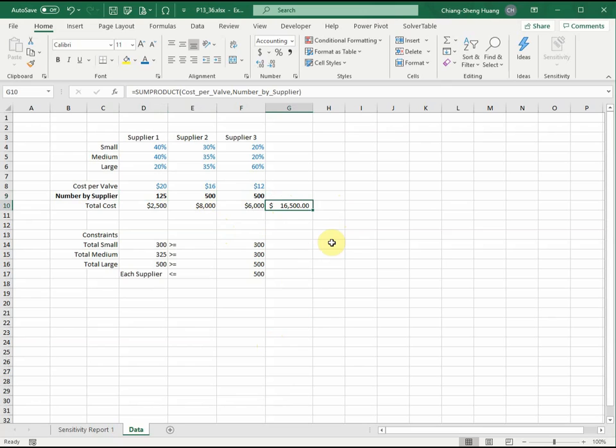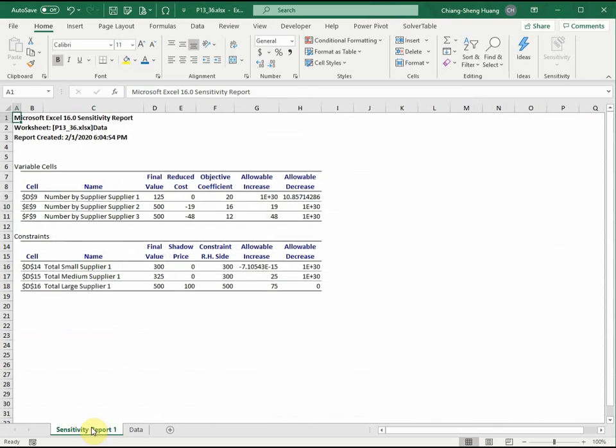So the first part, remember, was to set up the model. So the model was set up on a spreadsheet. The second part was to optimize it. So basically, I just have to fill out the dialog box of solver correctly. So we've done that, and then the third part that we have to do is to really interpret the numbers, and also do the sensitivity analysis. So I specified a sensitivity report. So that's right here. So let me show you that. That's a sensitivity report. So there are